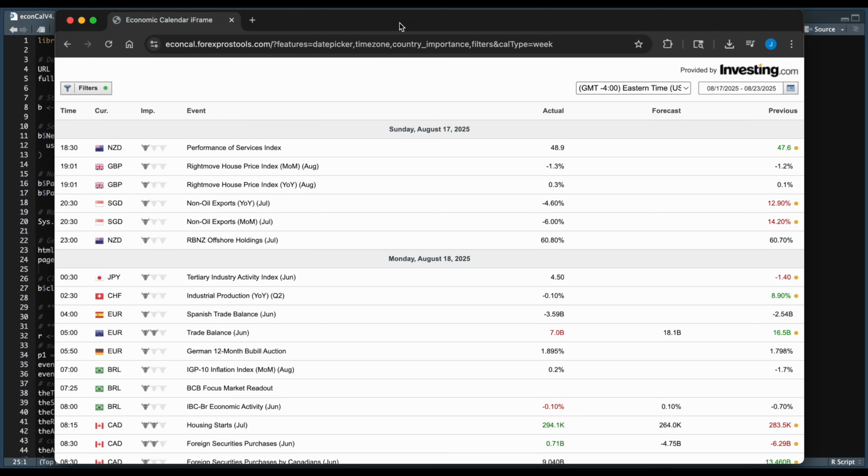Hey guys, welcome back. In today's video, I'm going to be showing you a new method for web scraping that involves using a headless browser. The package we're going to be using is called Chromote, so it kind of mimics a web browser without actually